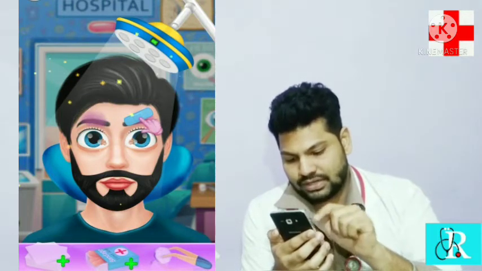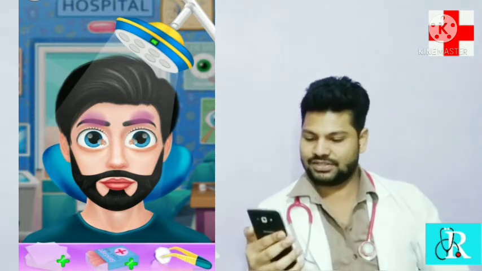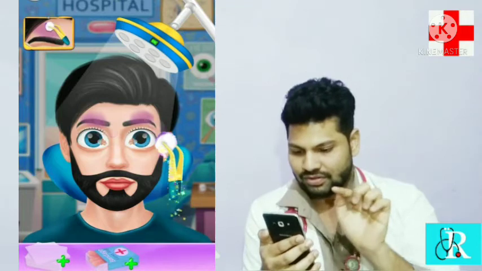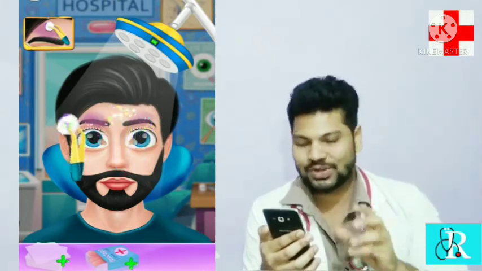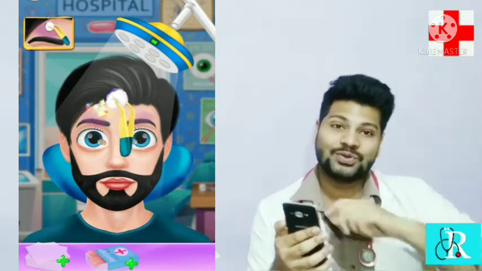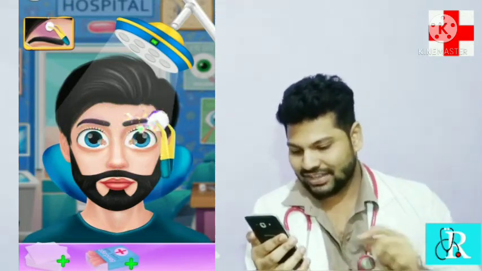So which bandage do I need to go for? Let me try to go for green. Yes. Oh, now what should I do? So it usually takes some time. It is not instant. You put the bandage and remove it, and your wound has gone. Okay, that is not the case.